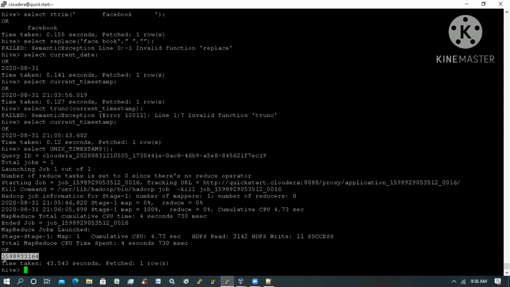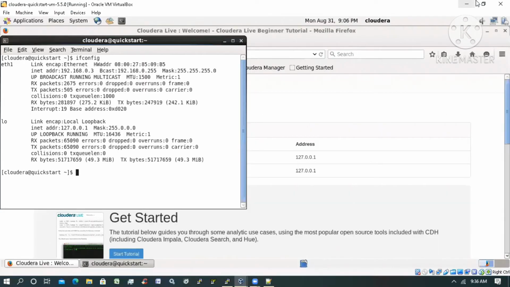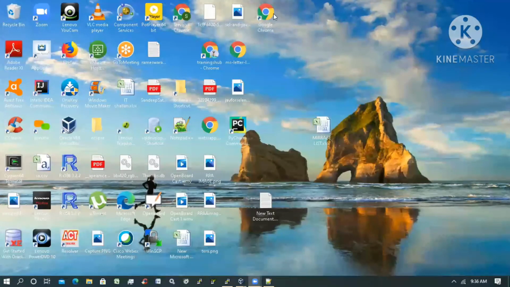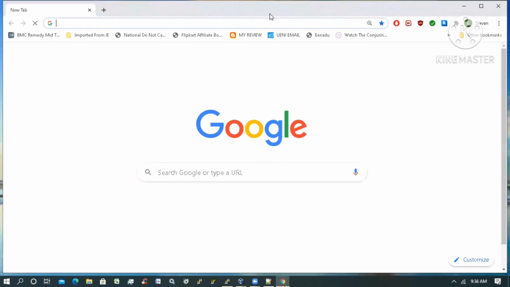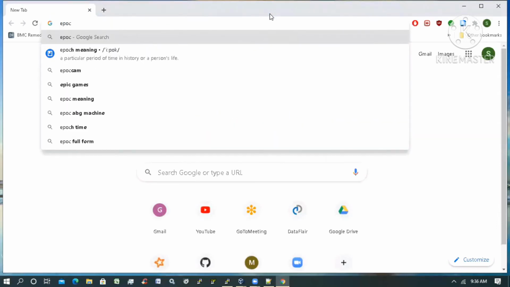This means these many seconds have happened from 1970-01-01 till here. That's the epoch time. This epoch time conversion you can also do online. You can find that. What is the epoch time to current time?